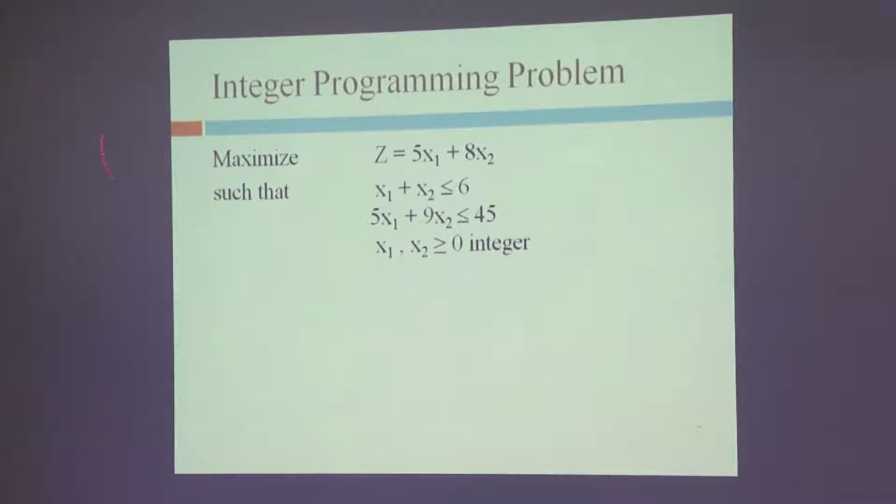And this is the integer programming which you are looking at. Maximize. All of them are linear equations with linear constraints. x1 plus x2 less than or equal to 6, 5x1 plus 9x2 less than or equal to 45, and these are usually the non-negativity inequalities you will have in your LP problem. That is, you would want x1, x2 to be greater than or equal to 0. Here, we want them to be integer as well. So that is the additional requirement for your integer program. Other than that, it remains the same objective, etc. All of them are linear. So linear constraint, linear objective.